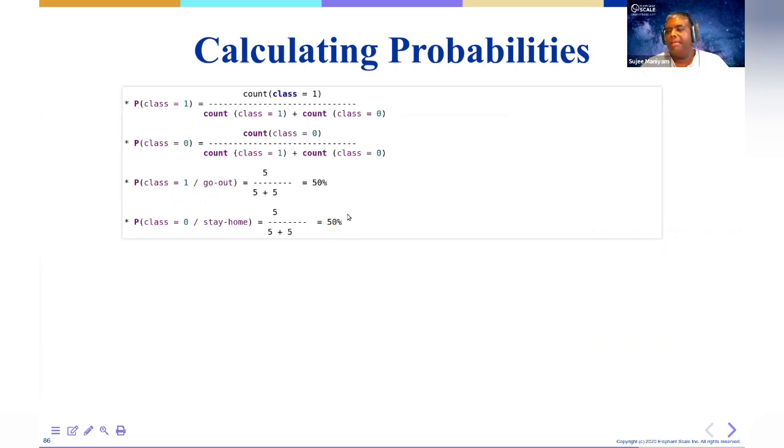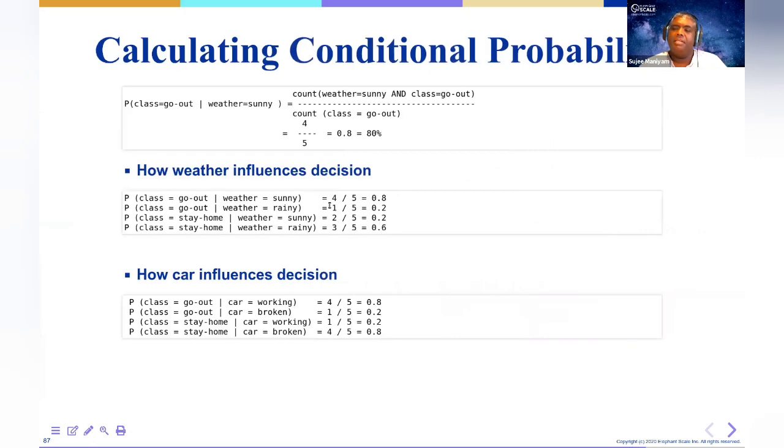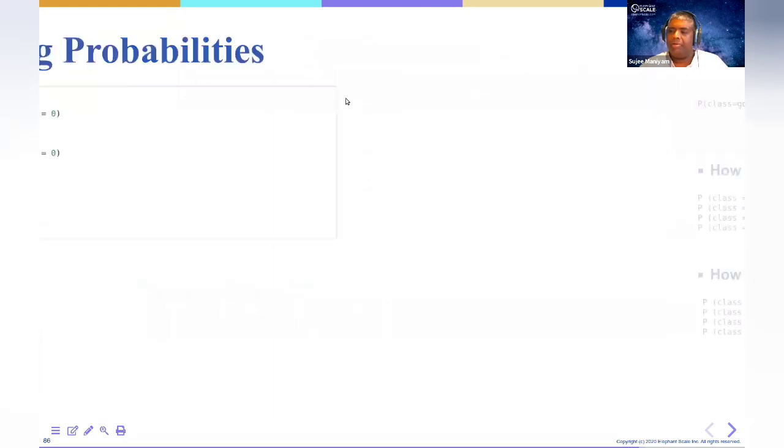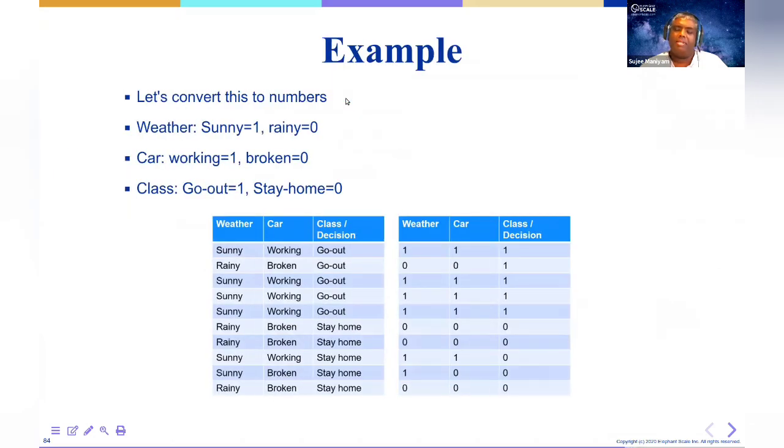Now we are going to calculate the combination. Weather is sunny, what are the chances of me going out? We know the formula. First, we calculate the probability that weather is sunny and I went out, divided by the probability that weather is sunny. So let's do the math and go back and count. Don't get lost in the numbers, it's just a simple counting game. Look at the ones and ones here. Weather sunny is 1 here, went out is 1. So how many times did I go out?